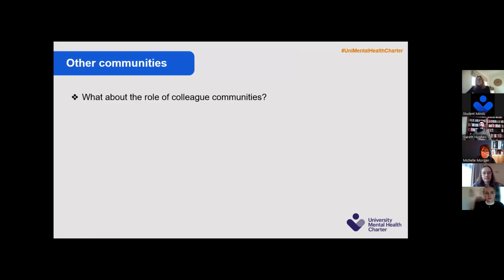And then, of course, there are the other communities that we think about less when we talk about belonging, one of which is about the role of colleagues. And do colleagues feel a sense of belonging? And if that building block isn't already in place, where when students come through the door, they're meeting colleagues who feel that they belong to the institution, who feel that they have a community there, does that then have an impact on how much students are likely to feel that they belong?